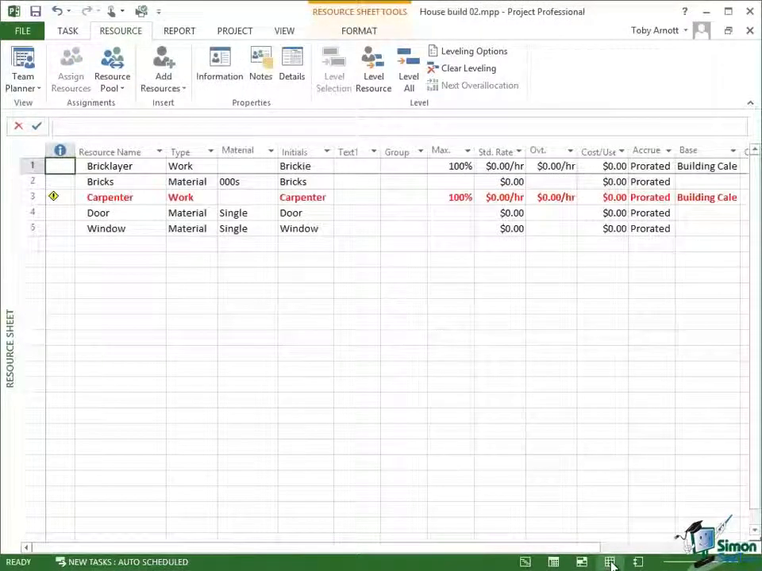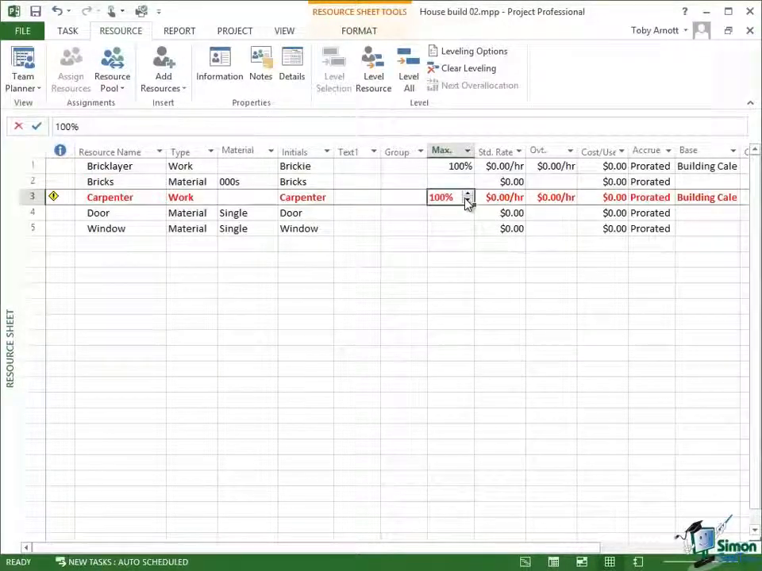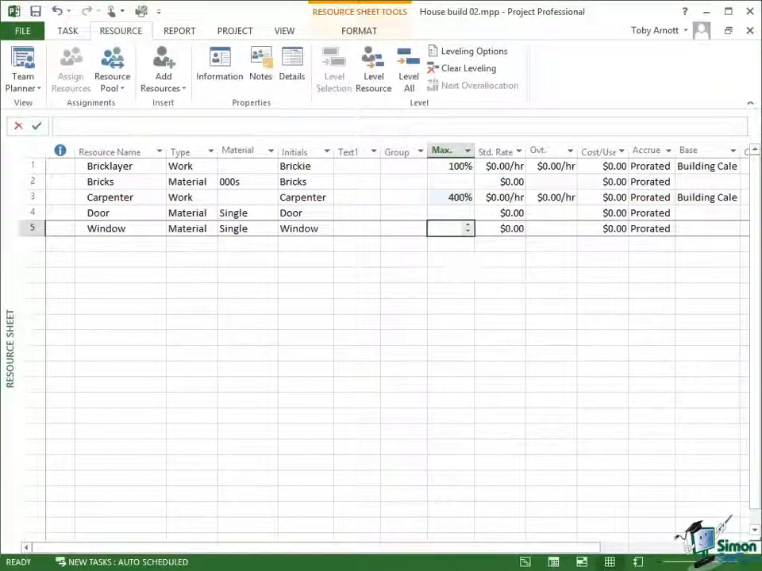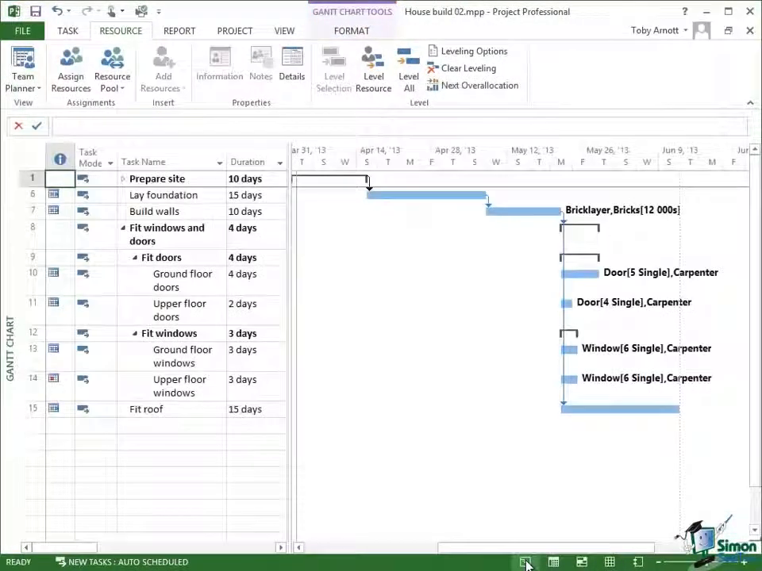We shouldn't lose sight of another way of resolving this over allocation issue, and if I switch to resource sheet view and look at carpenter, one of the ways of resolving this is to change that 100% to 400% and say that I've actually got 4 carpenters. If I now go back into Gantt view, of course I have no over allocation because I've got 4 carpenters. They can all work on 1 task each, and I've got no further over allocation. That isn't always possible and it isn't always economical, but if you can do that, that's a very simple way